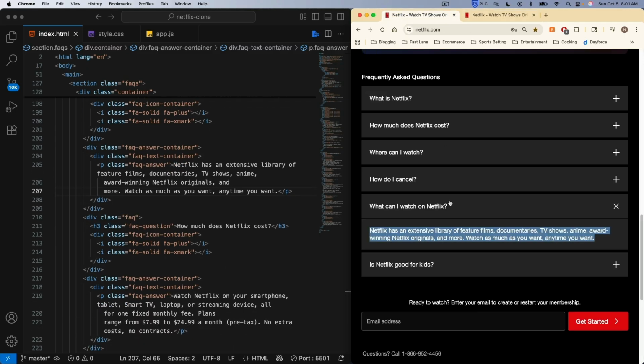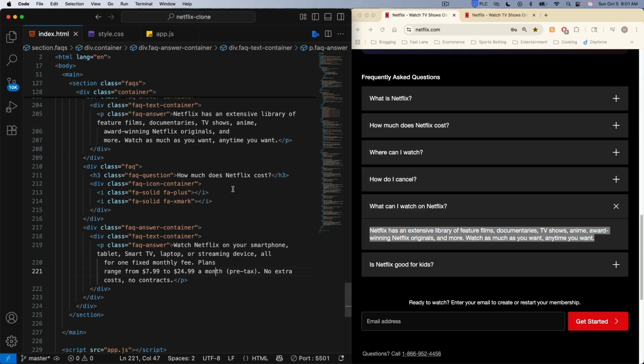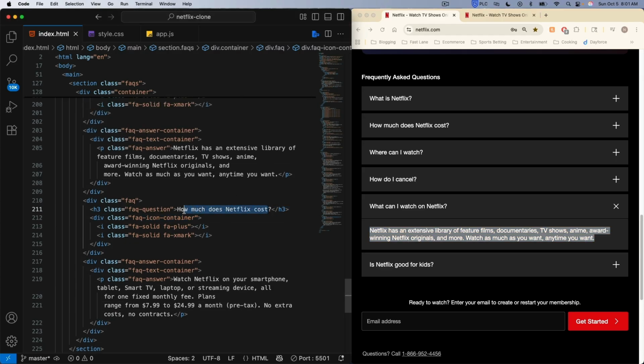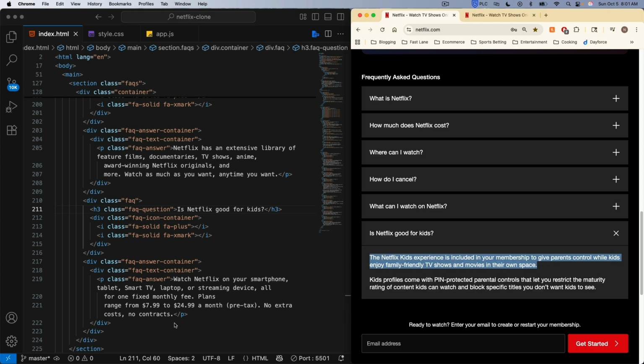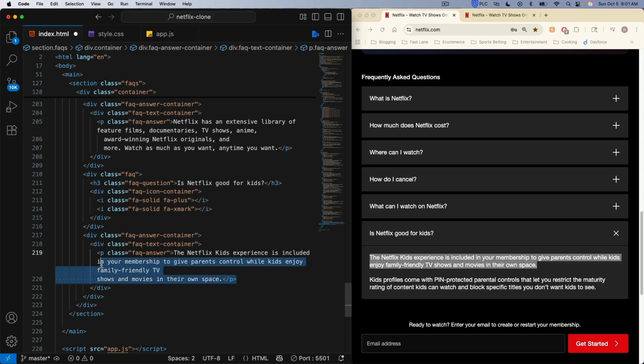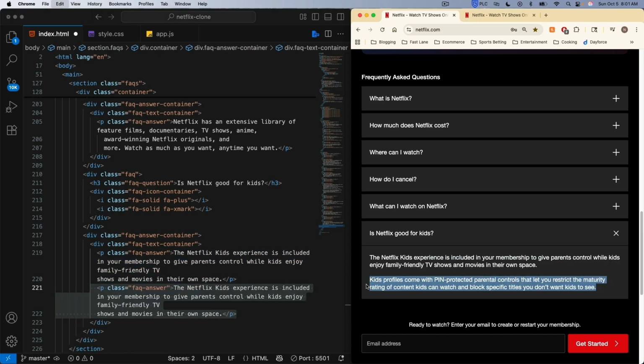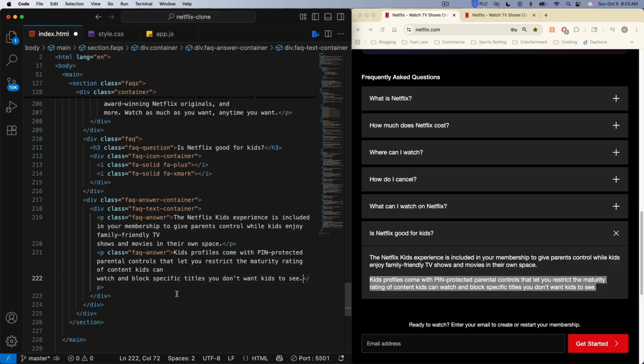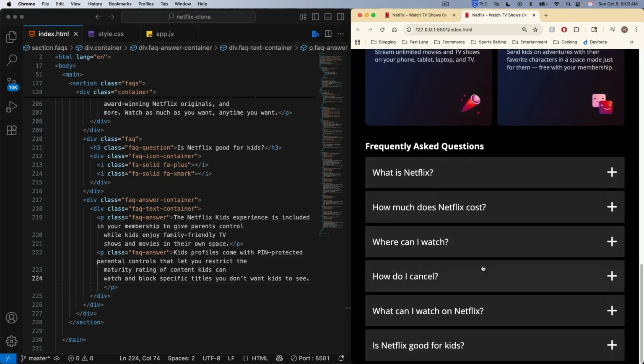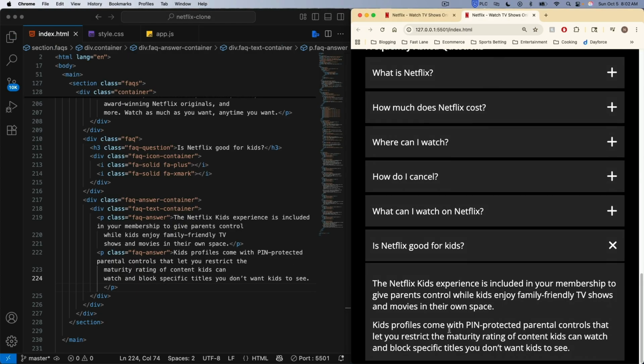And then how much does Netflix cost? Or no, sorry. Is Netflix good for kids? We'll say, is Netflix good for kids? We'll paste this in here. This is another 2 paragraph answer. There's 1. And then copy this. 2. Okay. Is Netflix good for kids? There we go. So now let's just add some mobile styles, and all we'll really have to do is just